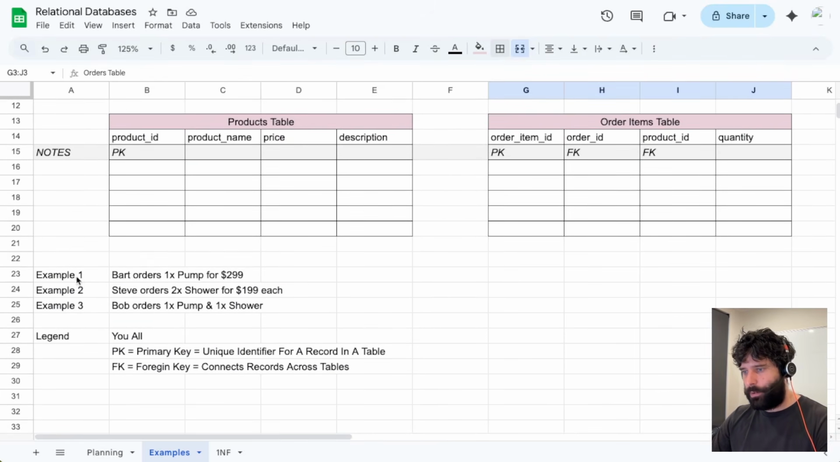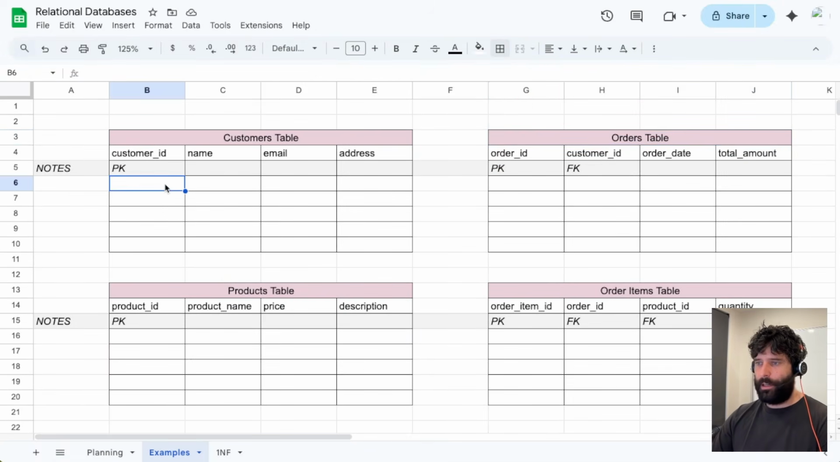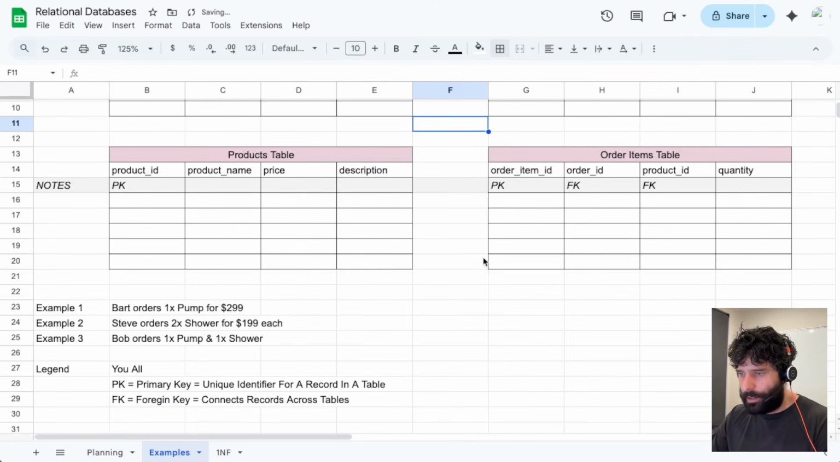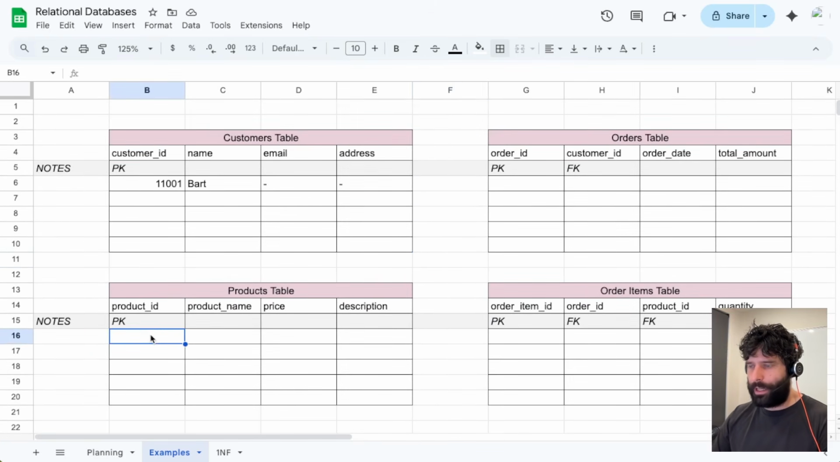So example 1 is I want to fill out information where Bart orders 1 pump for $299. So how do we actually put this information into our system? So let's say we have the customer ID. I want to add a new customer called Bart. I'm just going to go 11001 as my convention. And I'm going to put the name here of Bart. And email address I'm going to leave empty, and address I'm going to leave empty because it's not important for us right now. So Bart orders 1 pump for $299, which means I also have to add a pump to